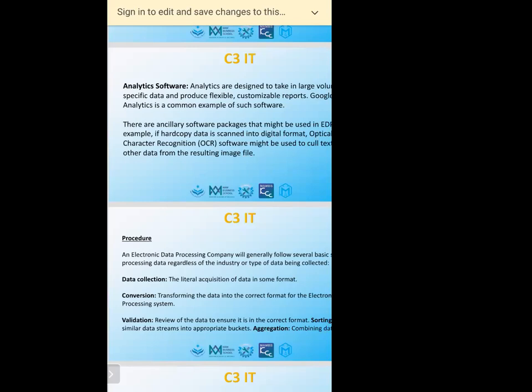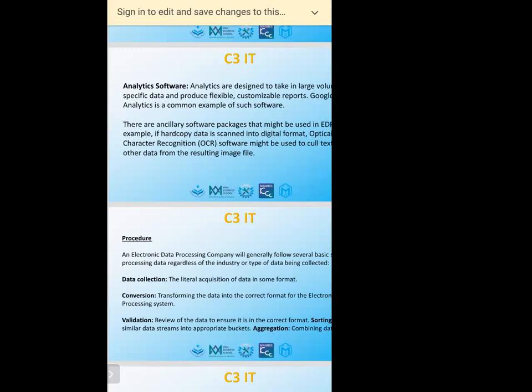You have to collect the data. Once you collect the data, it will be on paper, maybe a bill, or invoices, or a mark sheet. For example, one person goes to each house to take the electricity meter reading. He will come and give the sheets. On each sheet there will be the customer number, the address, the starting meter reading and the ending meter reading. So this is your data collection.